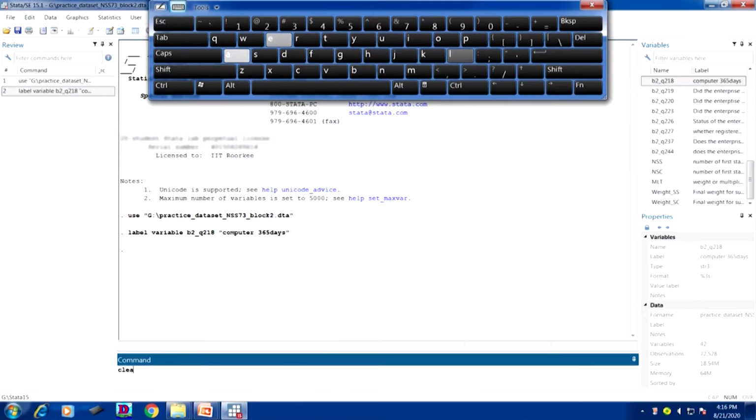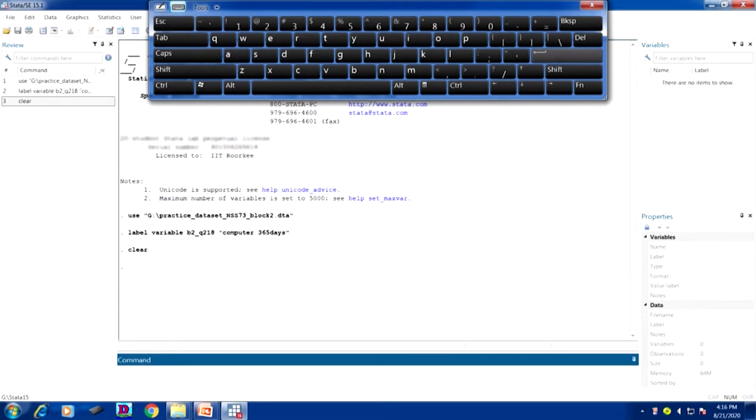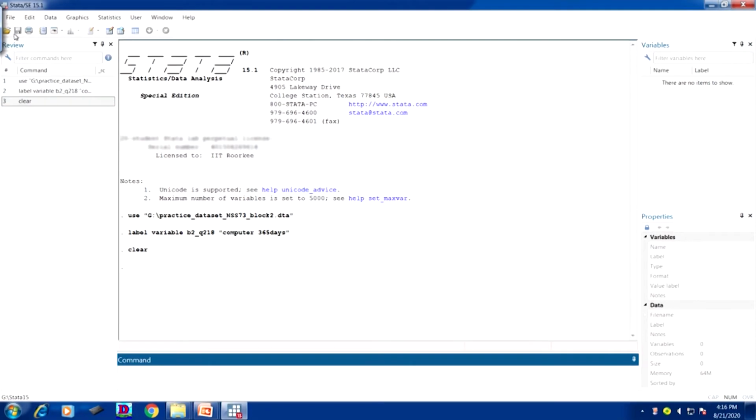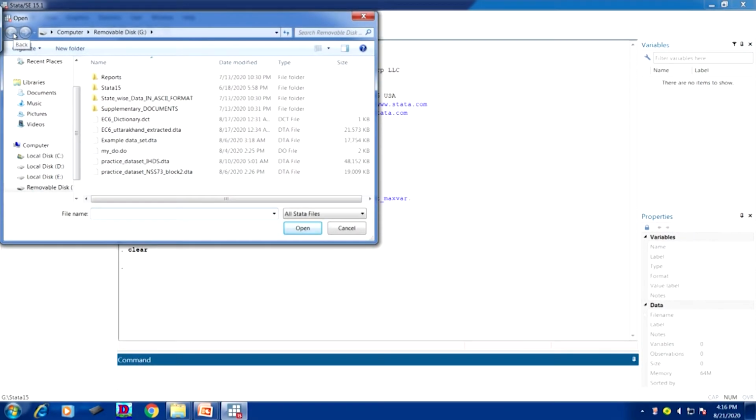So, value labeling, there are different ways of doing it, but why are you going to label the values? Let us say that in our data, let me open a convenient data set and I will show you why we require it and what is the necessity of value labeling. I am just going to open our example data set.